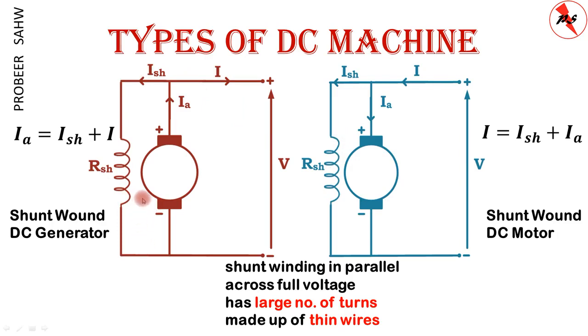So we have to produce a magnetic field which is strong enough, and the current through the winding is small, so we make a large number of turns in this winding. Since the current is again very small in strength, this shunt winding can be made up of thin wires. So in the shunt type of DC machine, the field winding is made up of a large number of turns so as to produce a strong magnetic field because the current flowing through it is small. And since the current is small, we can make it out of thin wires.